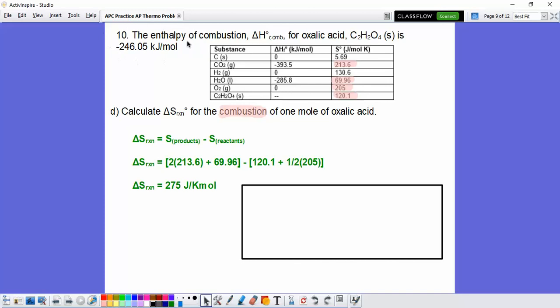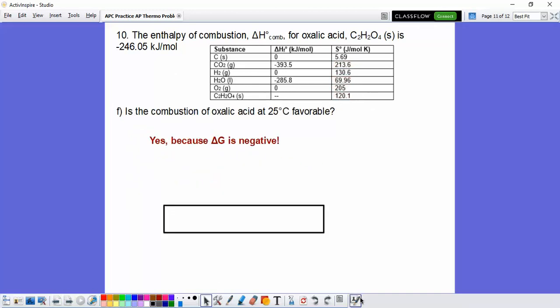And the reaction is an exothermic reaction because delta H is negative, which is also, like, these are like the best case scenario conditions. A negative delta H and a positive delta S. That reaction will always be favorable no matter what the temperature is. All right, and that is